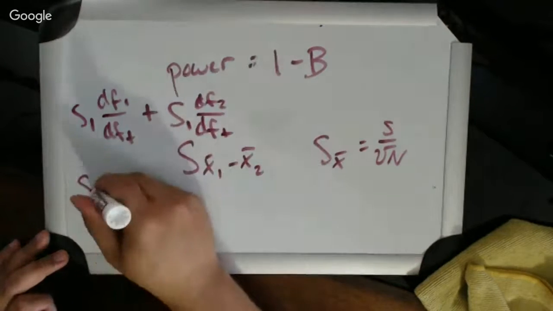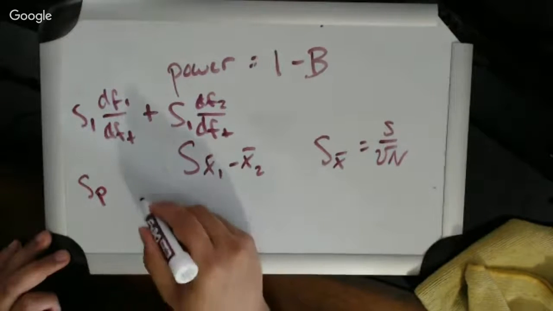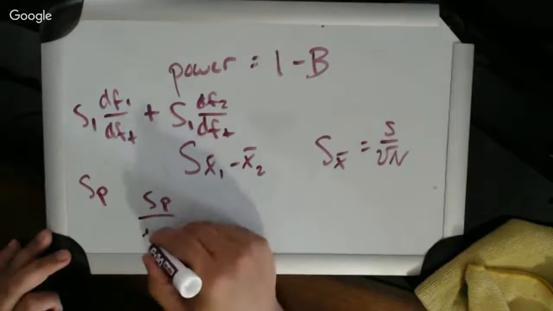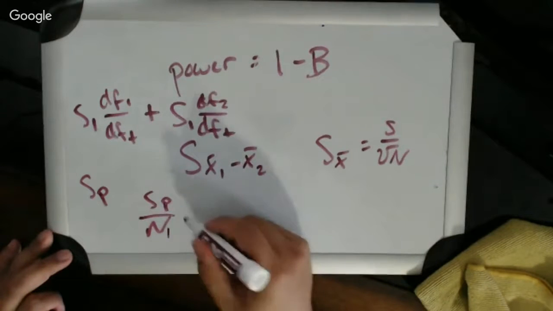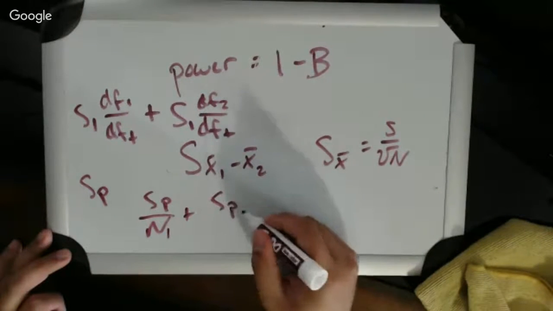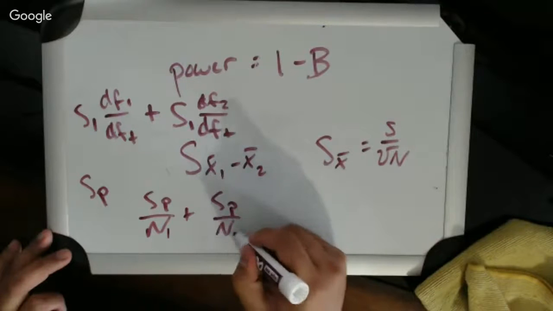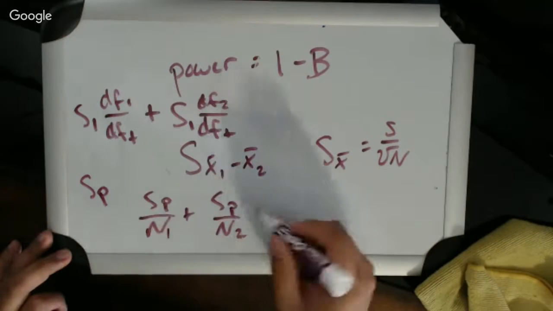And that gives us pooled variance. Then we do pooled over n. And that gives us